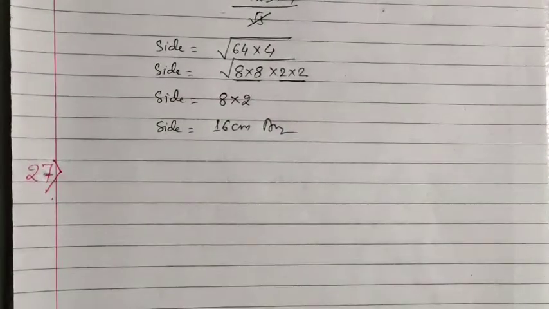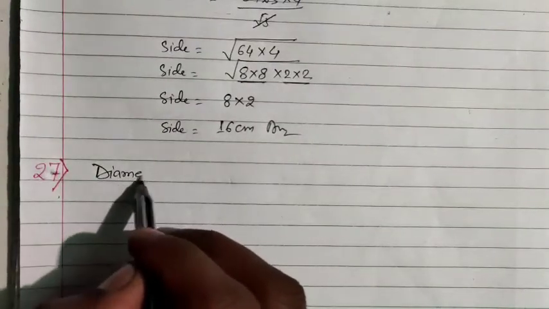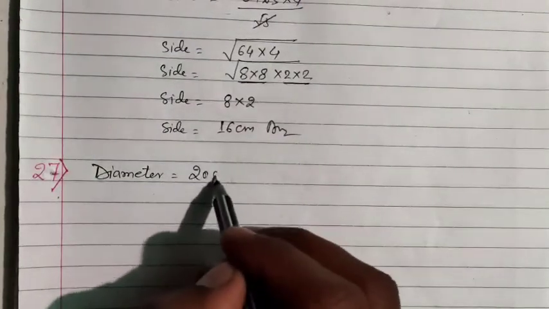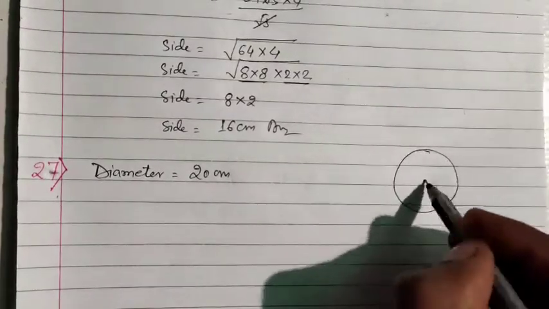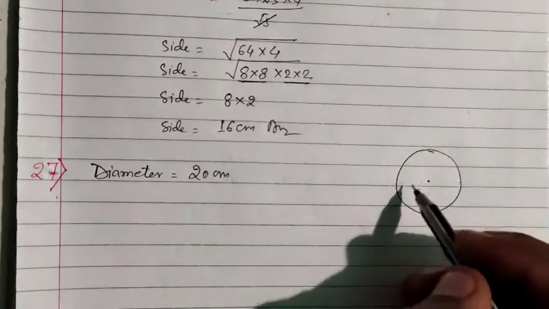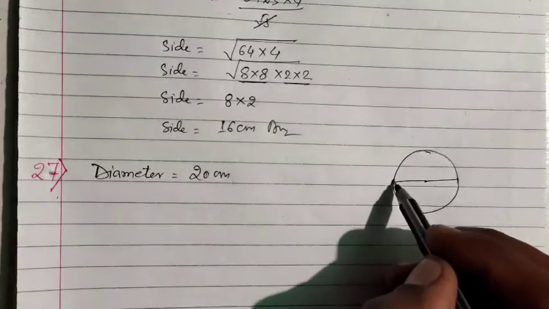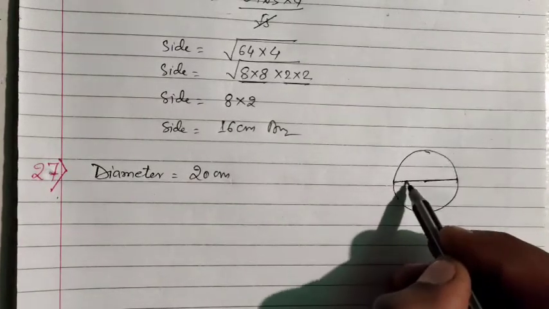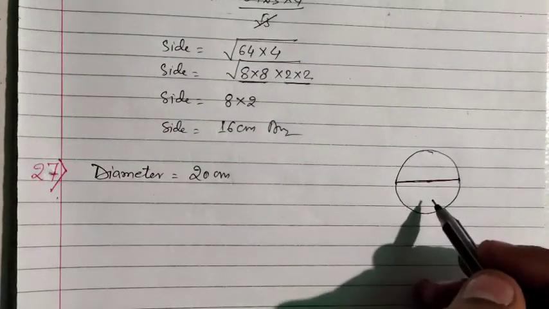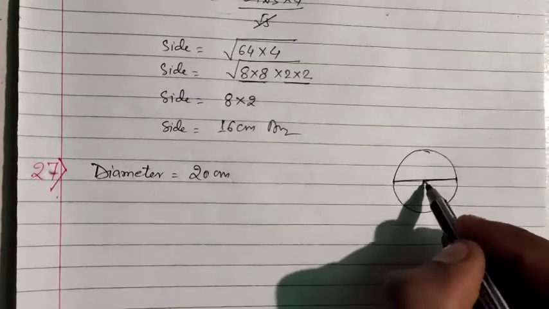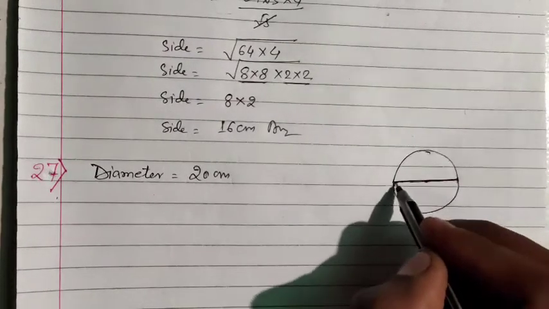27, the diameter of a circle is 20 centimeter. Diameter is given equal to 20 centimeter. Let me tell you what diameter is. Suppose this is a circle. We all know that this is the center of the circle, and the line segment which passes through the center of the circle and touches the circle at 2 points is called the diameter. This line segment will be called the diameter. And diameter is twice the radius. It is just double the radius, because from the center to my right it is radius, from the center to the left it is radius.